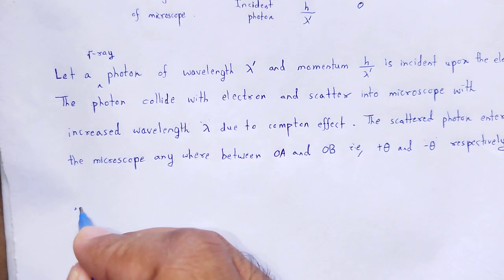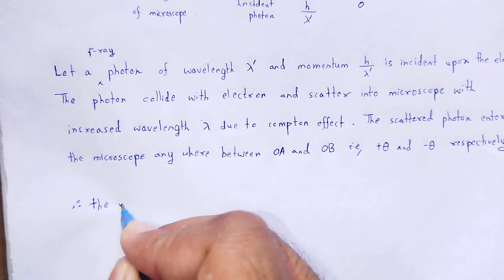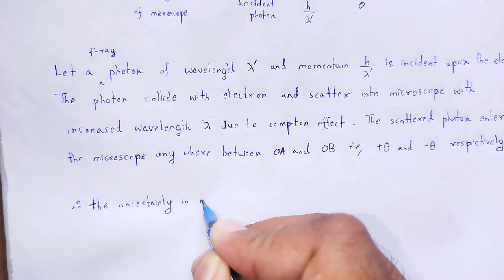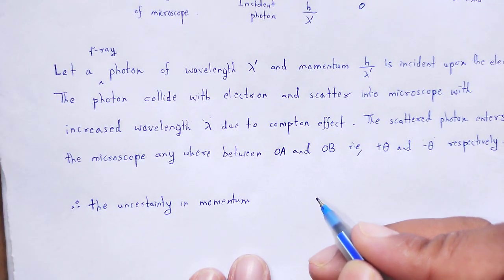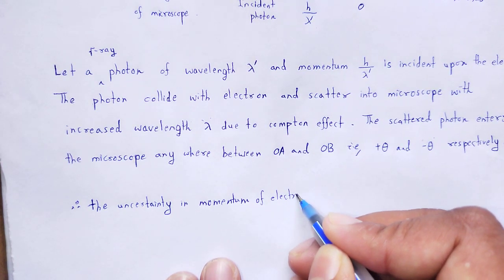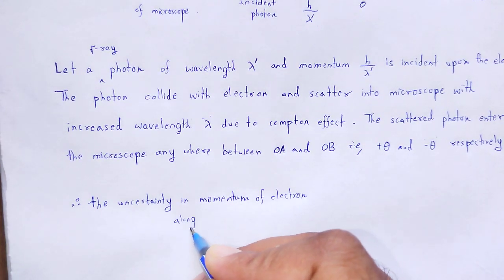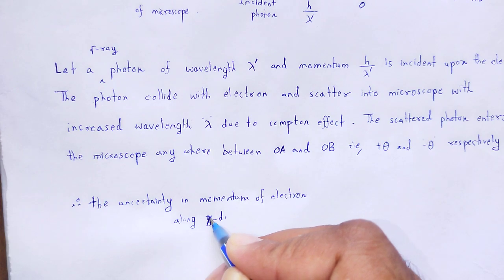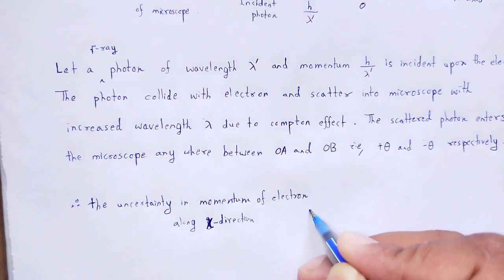Therefore, the uncertainty in momentum of electron along x direction is equal to,